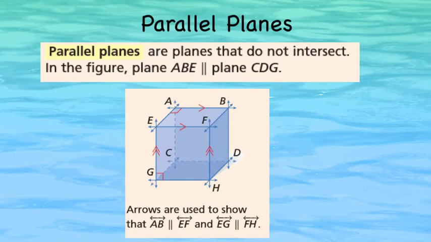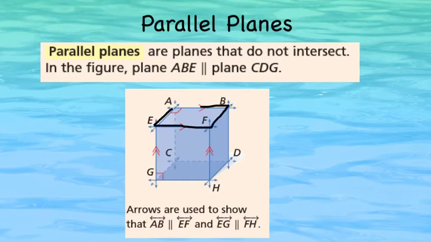And the last would be now parallel planes, so very similar to parallel lines. These are just planes that will not intersect. So it's easiest to look at the top plane and bottom plane, and we can look at that in this example. So plane A,